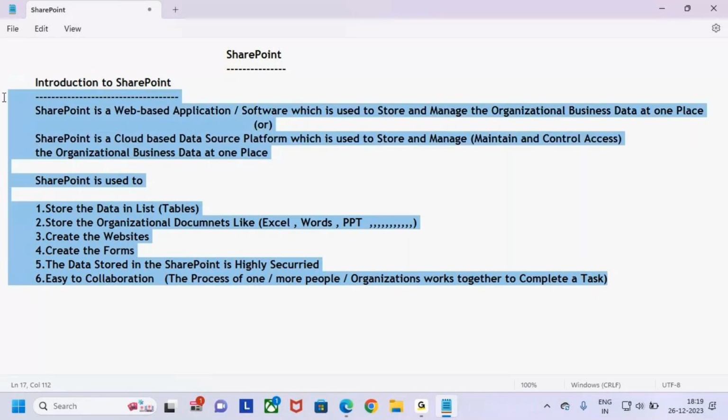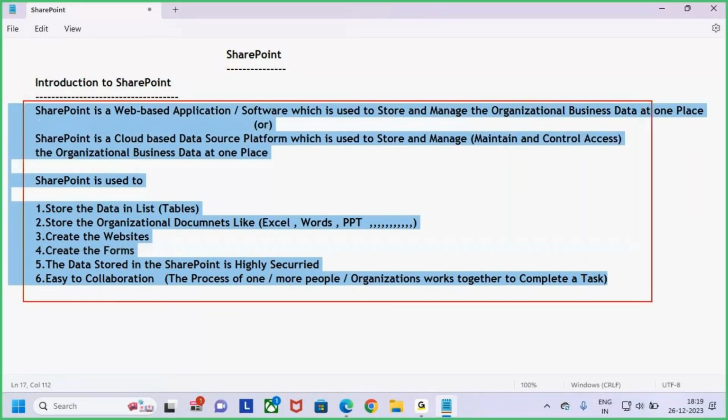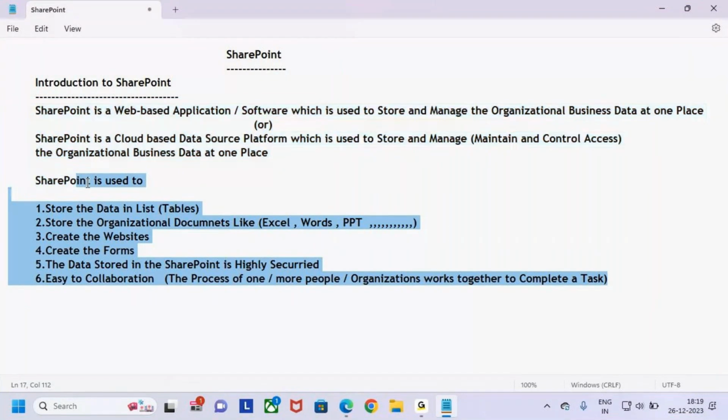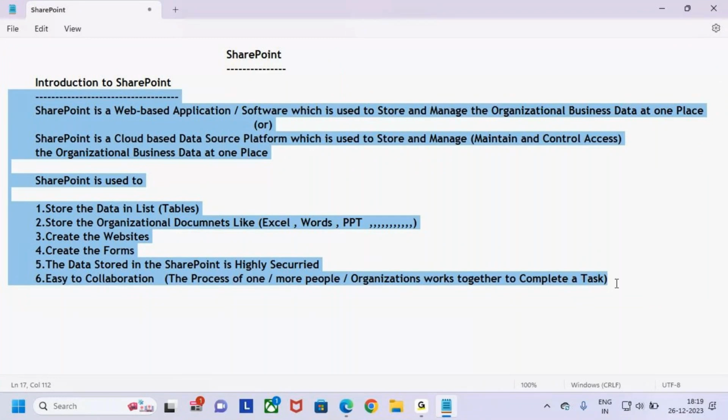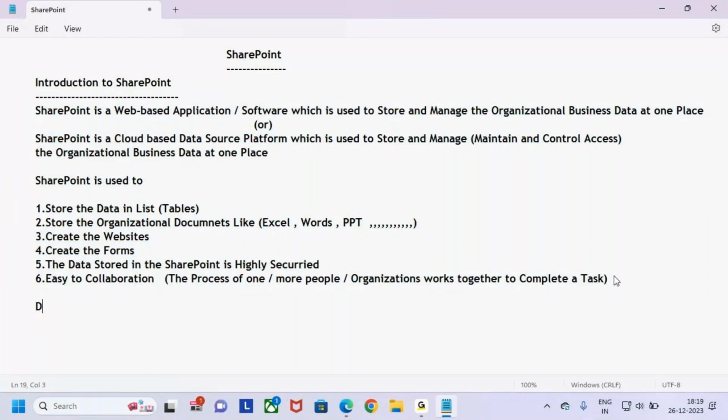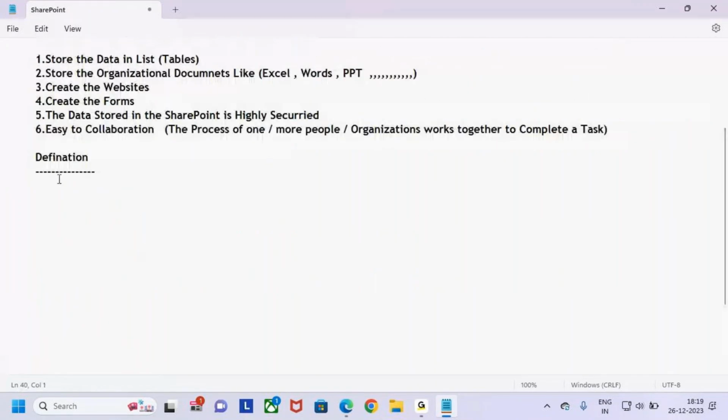So whatever points I'm keeping here, let me conclude all those and keep here the definition of what is meant by SharePoint, guys. Until now, whatever I've discussed are the things we can do with the help of SharePoint. Now let me keep here the final definition, guys. By consolidating all these points, I'm going to keep one definition here about SharePoint. Now the definition I'm going to keep here is